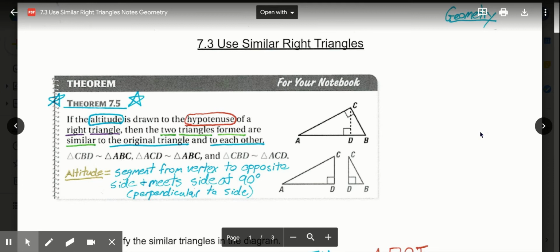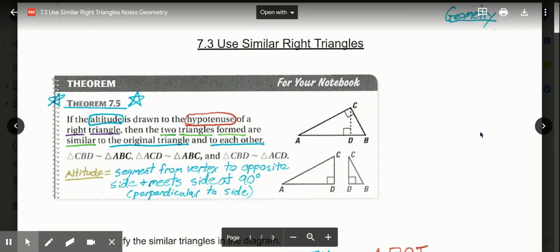In this lesson, we are going to look at a few different theorems and a couple of different concepts: the idea of a geometric mean, going back and looking at the idea of an altitude, a refresher on the hypotenuse and legs of right triangles, and then mainly the idea today is going back and using proportions to solve these